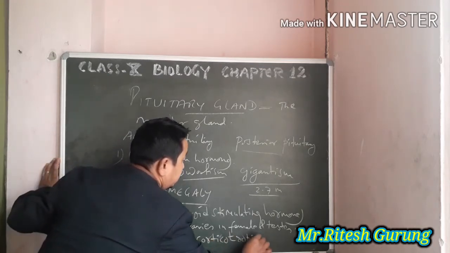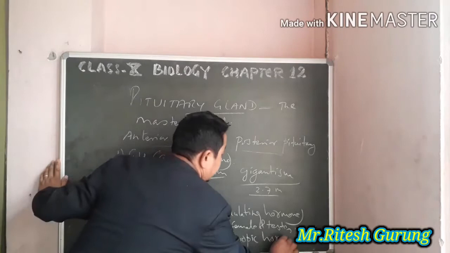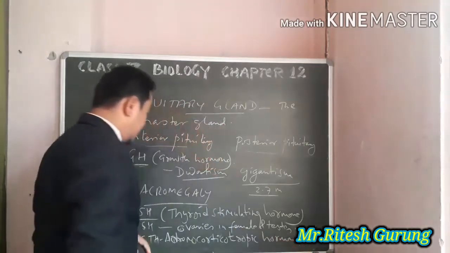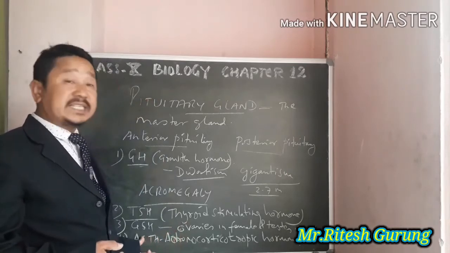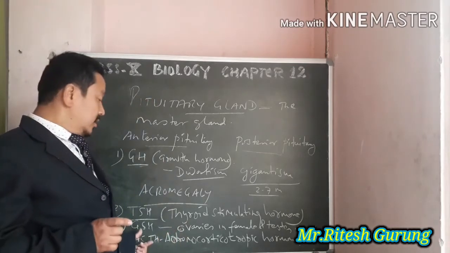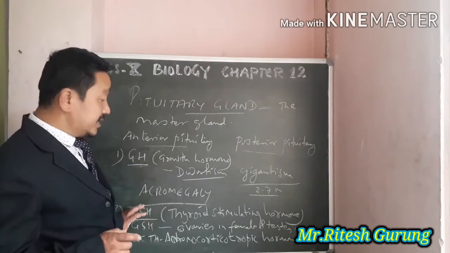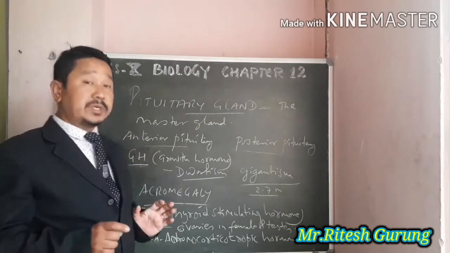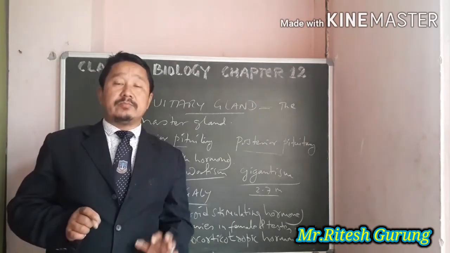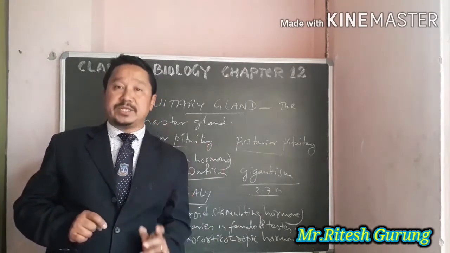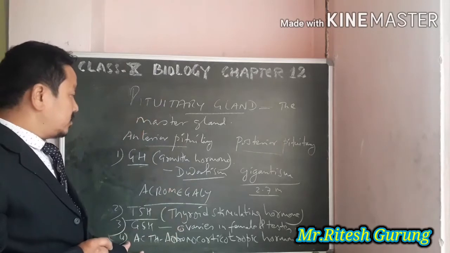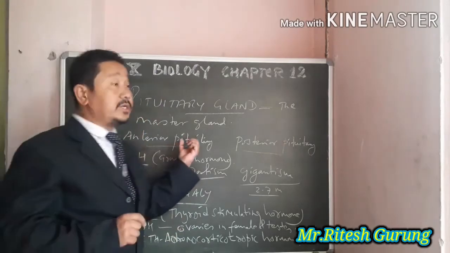Adrenocorticotropic hormone. Okay, adrenocorticotropic hormone, ACTH. Please remember I have told you the full form of all the abbreviations used here; they also need to be learned and memorized by you, because that may be asked in the examination. Alright, so ACTH is produced from the anterior pituitary gland,